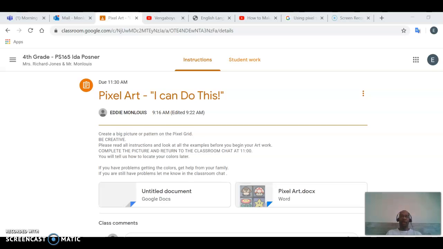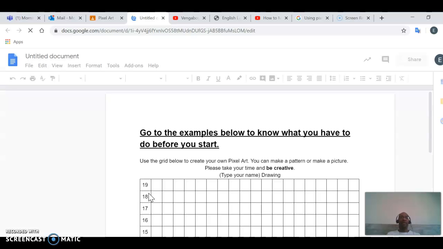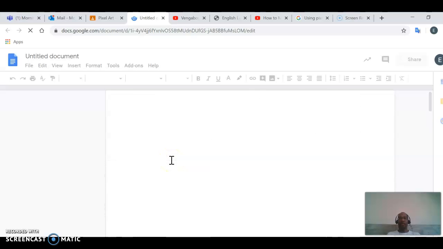I'm going to show you quickly how to complete your pixel art. So you would be right here in your assignment. After you've looked at all the examples and you have read all the instructions, you will click on the assignment, and as you can see here, all the way to the bottom,